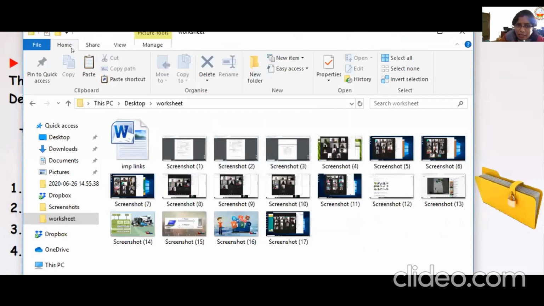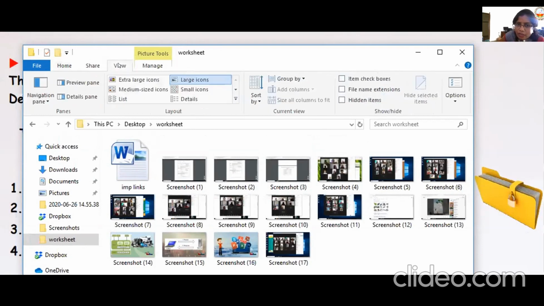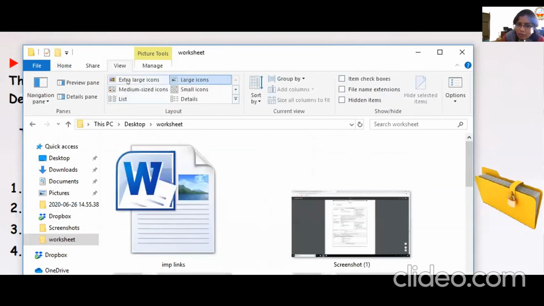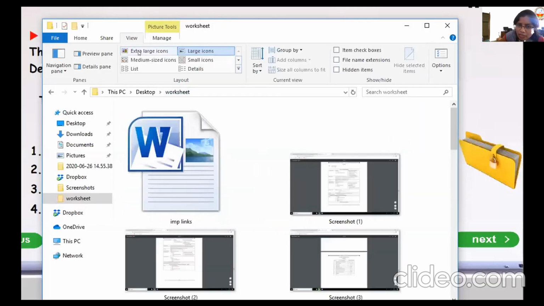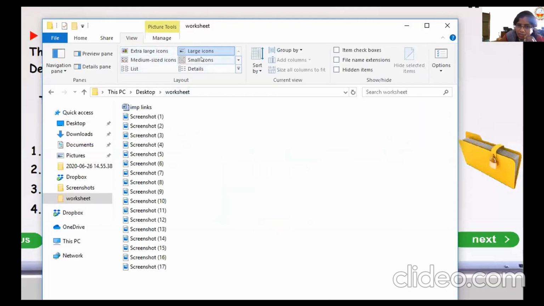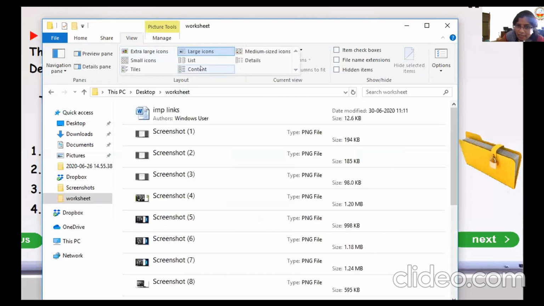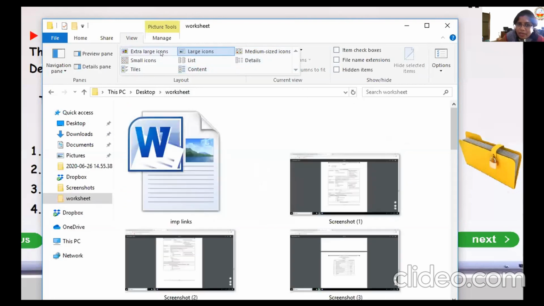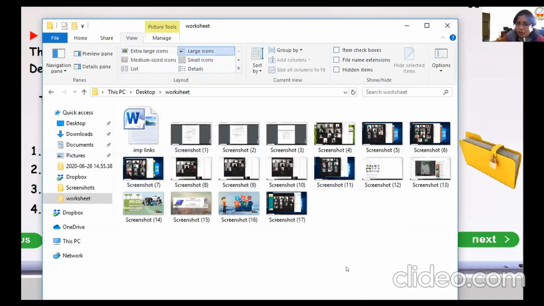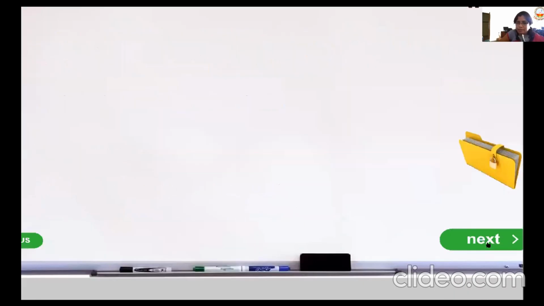Can you just see here on the menu bar, children, you have something called view. So here also, if you go for large icon, see how the screen is changing. If you click on large, medium size, small icons, list wise, detail wise, content wise, tiles wise, correct? This way you can view your files on your file explorer.